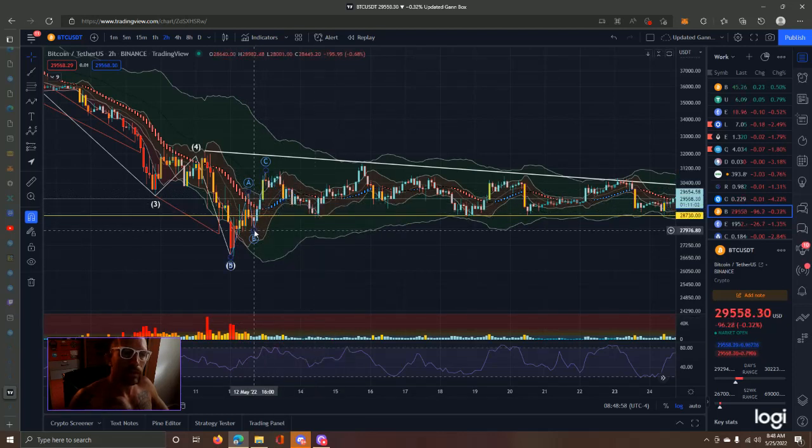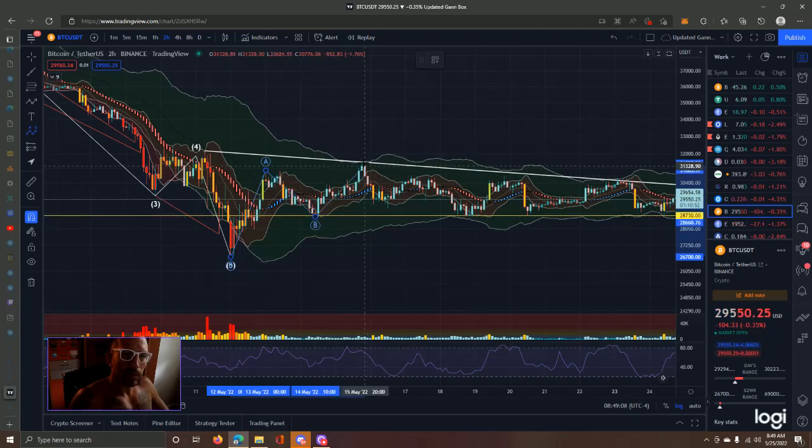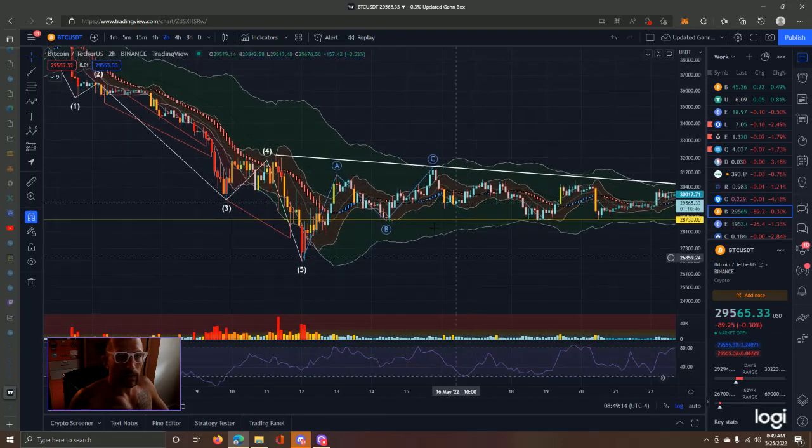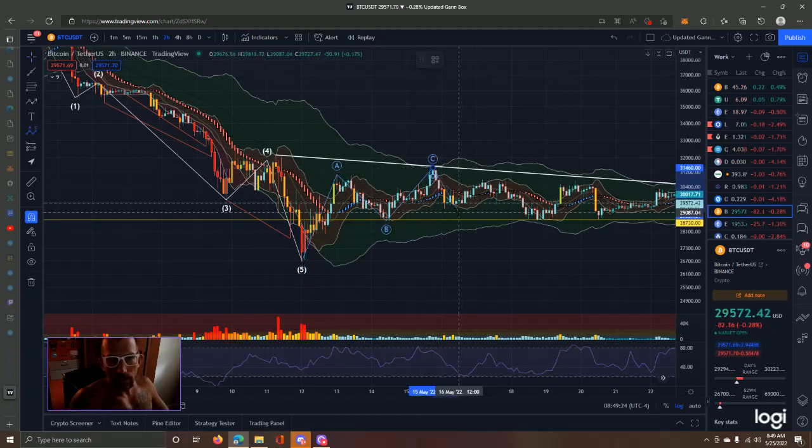I think this is it, maybe. What if 1 or A, B, C? That makes more sense. And it's fractal. You know, all these are fractals, so this can be subdivided into 3, 3, and 3. But that makes your A, B, C, right? And then A, B,